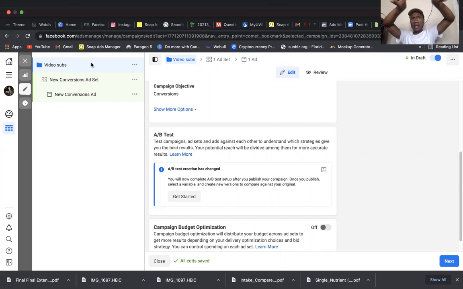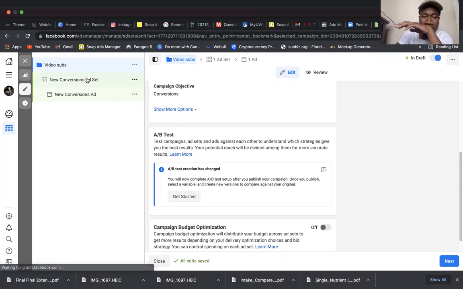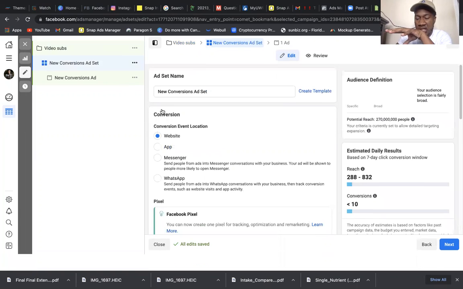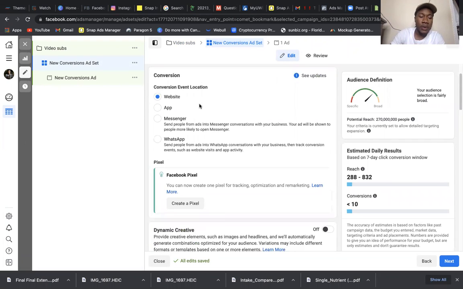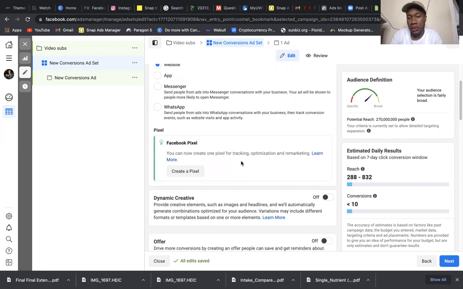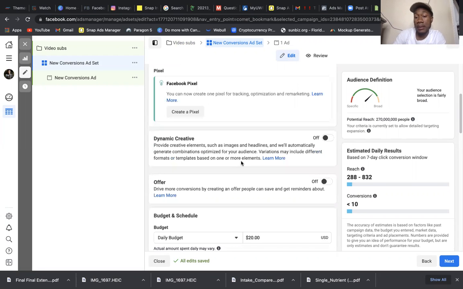The campaign is basically the shell that's going to be holding your ad sets and your ads. Your ad set, now this is the nitty gritty, this is the juice of whatever you're trying to do. Your ad set is where you're going to find your interests, select the location where you want the conversion or whatever event to happen, as well as connect your pixel, if you're going to be using one. Some people don't use a pixel.